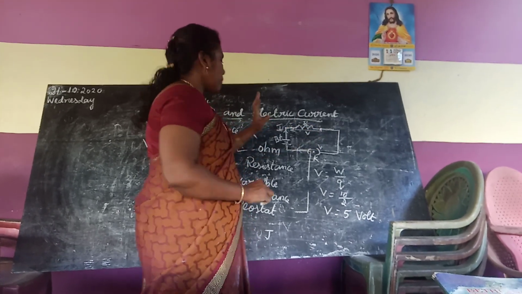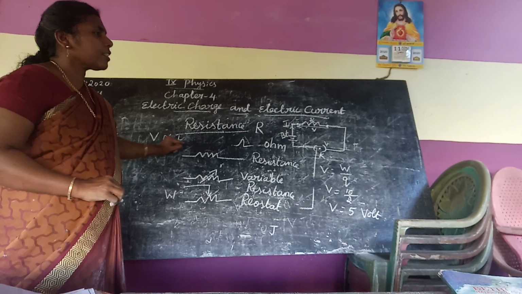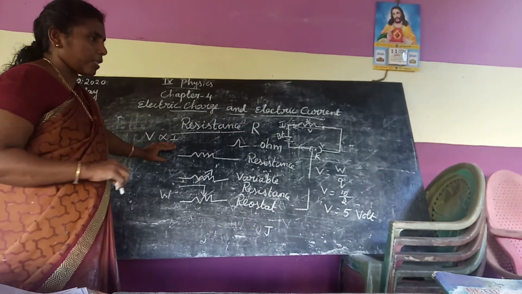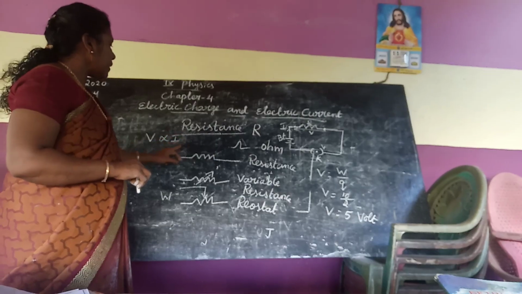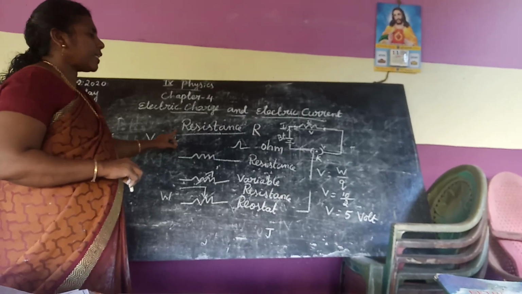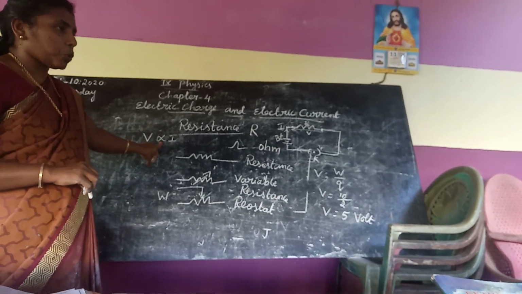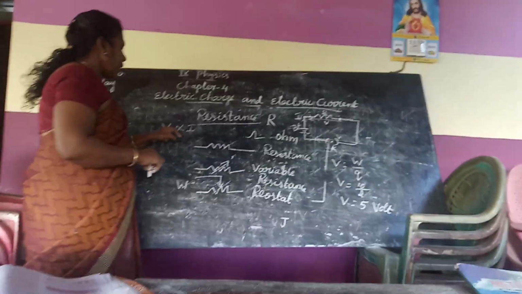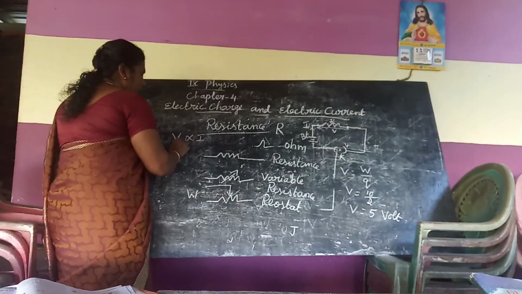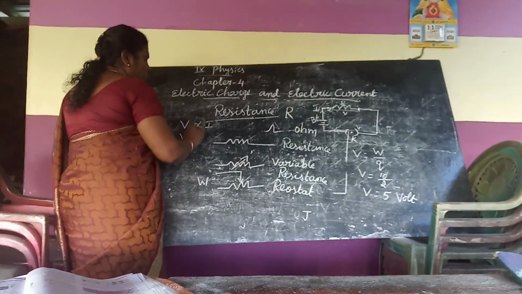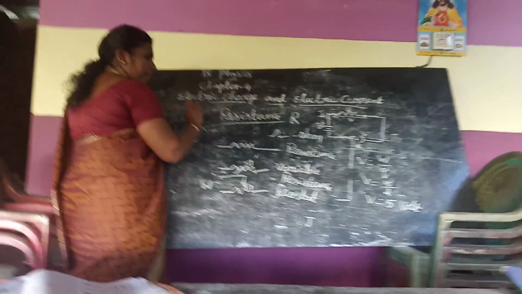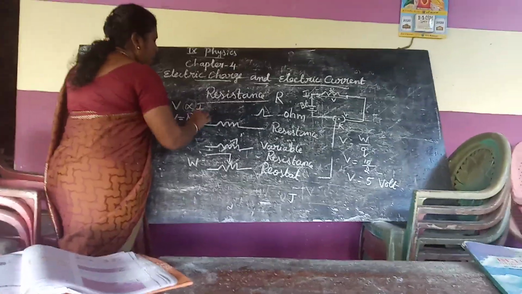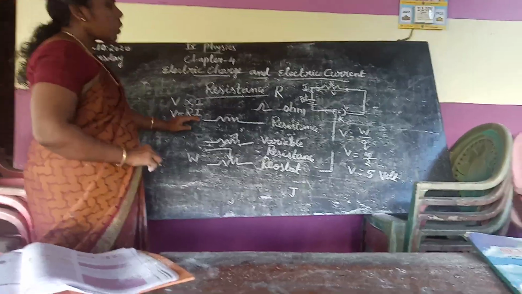So Ohm's law is the relation between potential difference and the current. Now by using this formula we can learn Ohm's law. The steady current I flowing through a conductor is directly proportional to the potential difference between two ends. From here we can write V, with the proportional symbol. If you write equal to, we have to introduce one variable, and that variable is R. So V equal to R I.